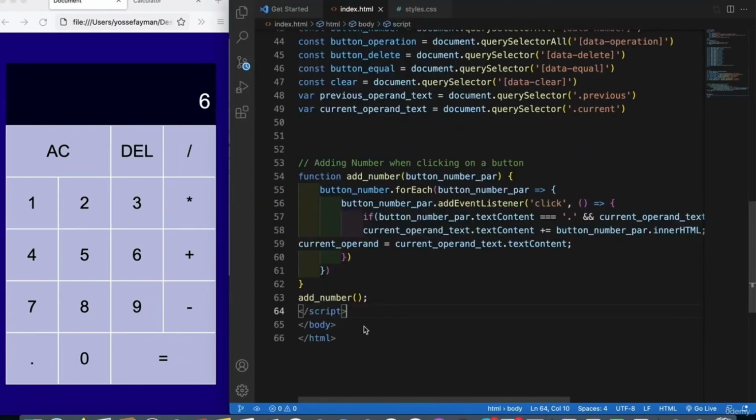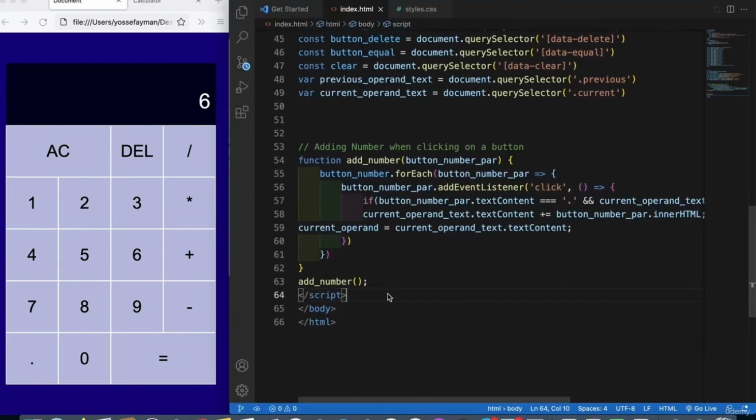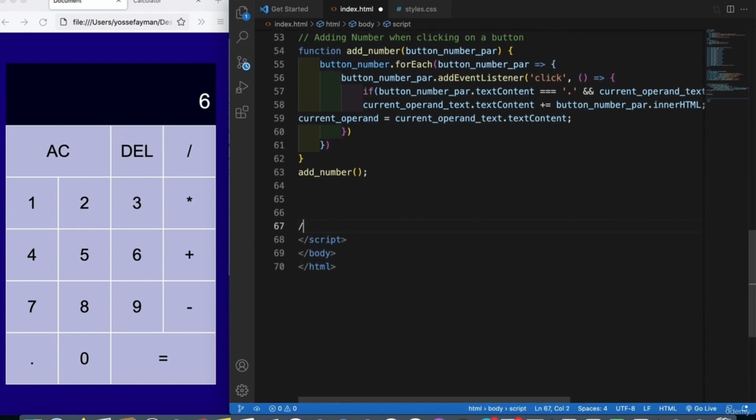Okay, and now we will add for the operation. So the first thing we will do here is to add a comment. The operation buttons. Okay, so we don't need to make a function here because it will not be recalled. So we can just make here the button operation